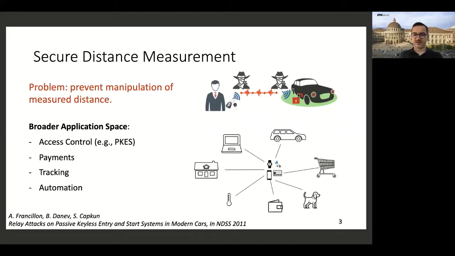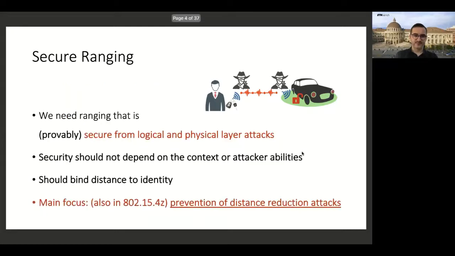In most of these scenarios, there's no benefit for the adversary in distance enlargement. So the adversary focuses on reducing distance, because then he or she can open the car, or relay some sort of payment, or do something else, right? So there is a broad application space here. It's not only about cars, it's about access control and payments and tracking and all kinds of automation that can be based on this notion of distance or position, because naturally from distances